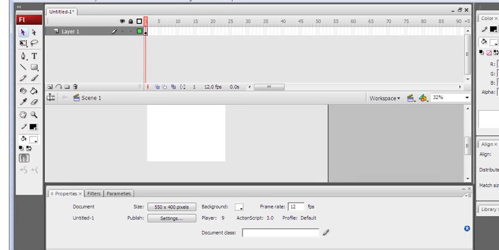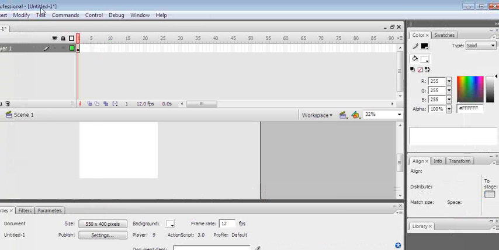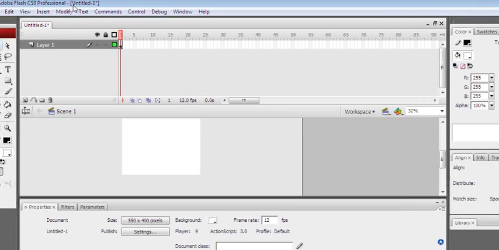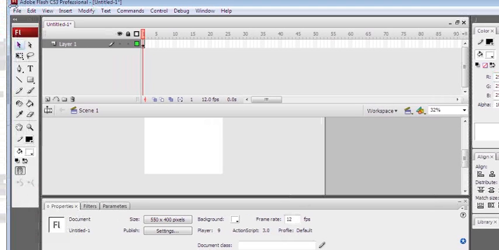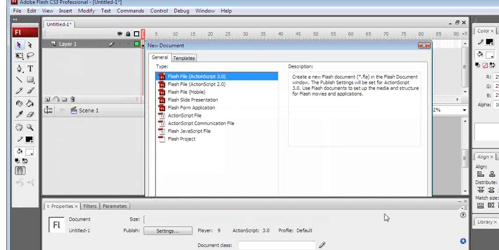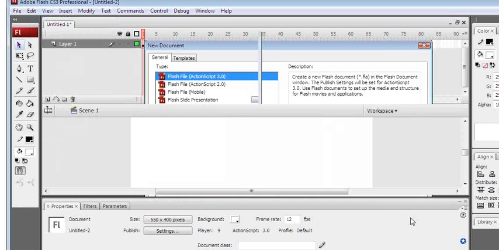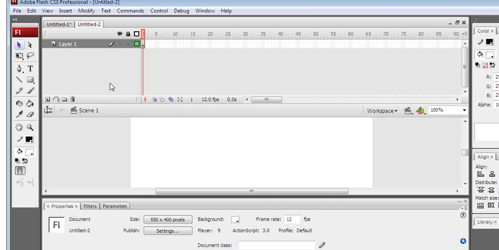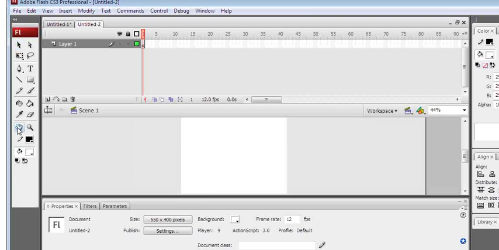Okay, first open the Flash program. I mean, go to Start and open Flash. I am using Flash CS Professional version here, and open an ActionScript 3.0 file. Select that and open it, and then you will get the stage. Double click the hand tool to fix the stage, and